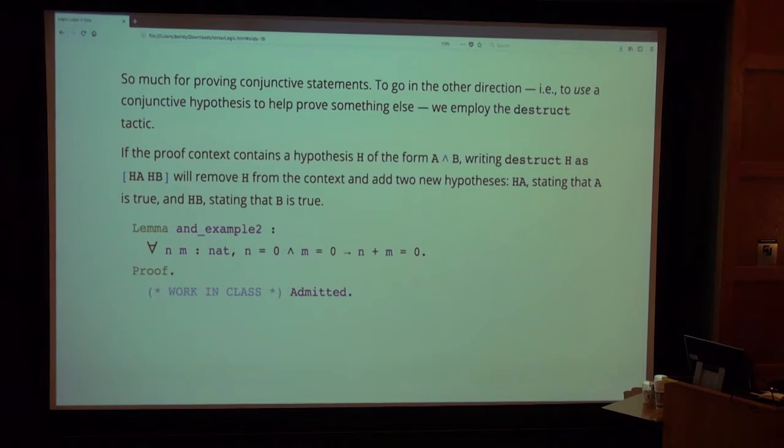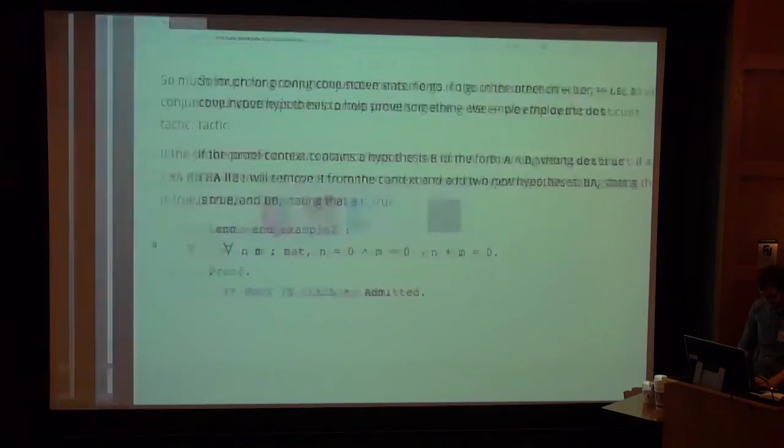Okay, so this is how you reason about goals which have a conjunct in them. What if we have some conjuncts as a hypothesis? What if, for instance, we know that n equals 0 and m equals 0, and we're trying to prove that n plus m equals 0? Whereas before we were working backwards from the goal, here if we have an AND fact and we want to work forward from that, how do we do it? Well,